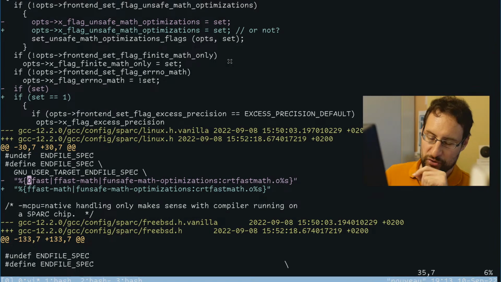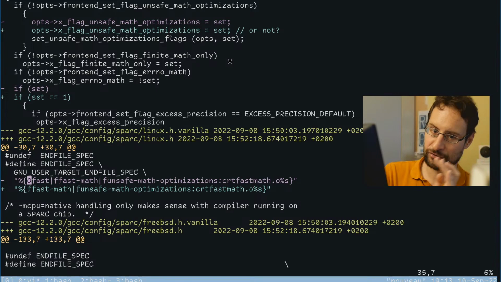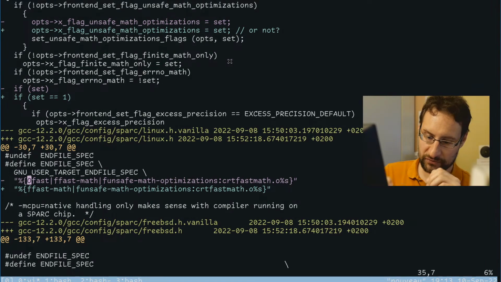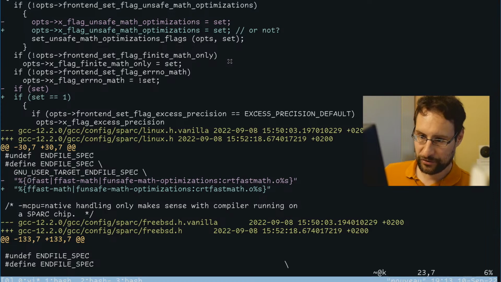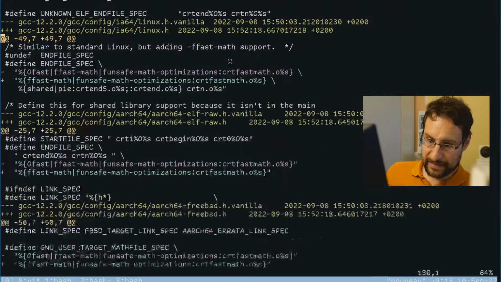So you get the, in my opinion and other experts' opinion, 10-year-old GCC bug considered harmful behavior if you manually specify these options, but if you use OFast alone as used by T2, you don't get the most unsafe stuff. So I tested this patch.